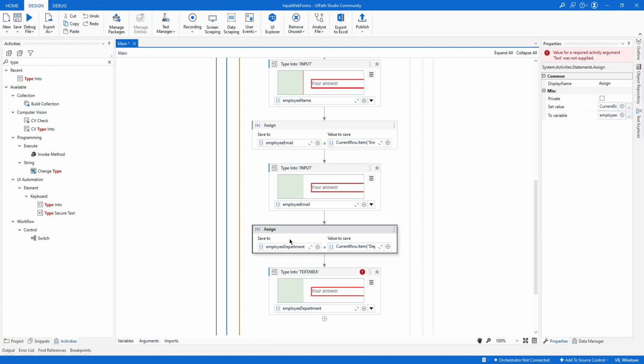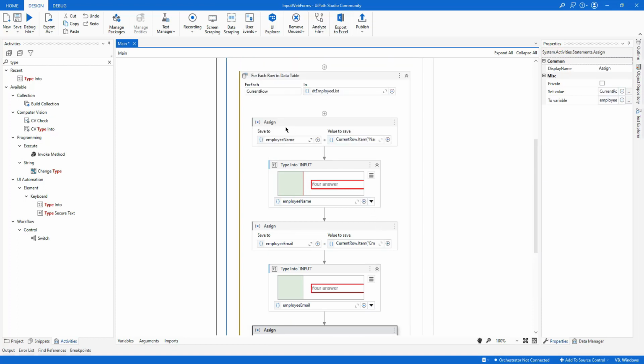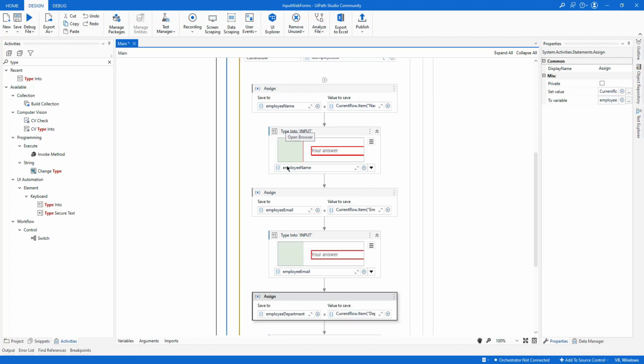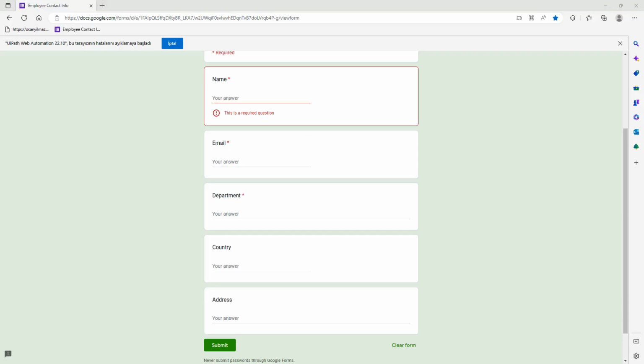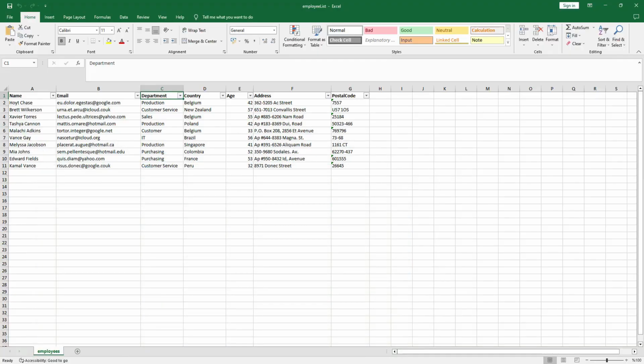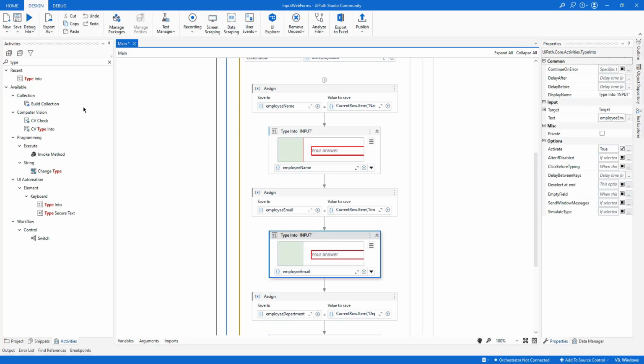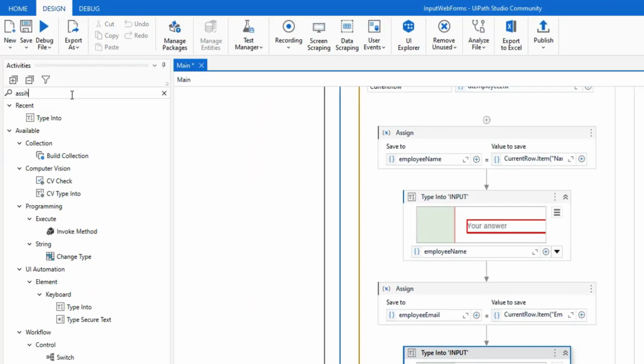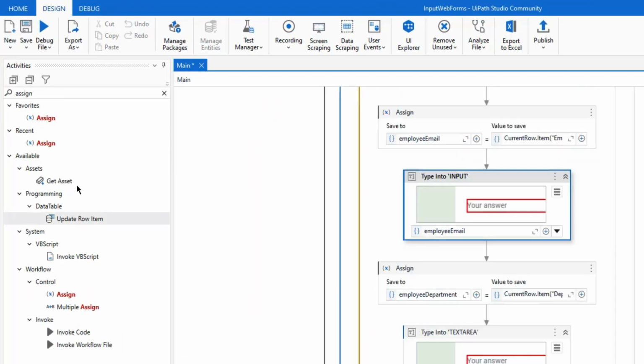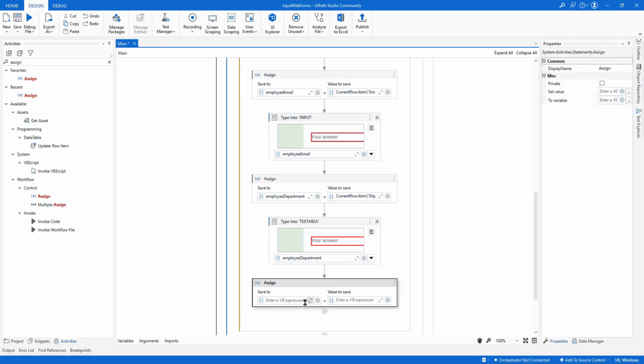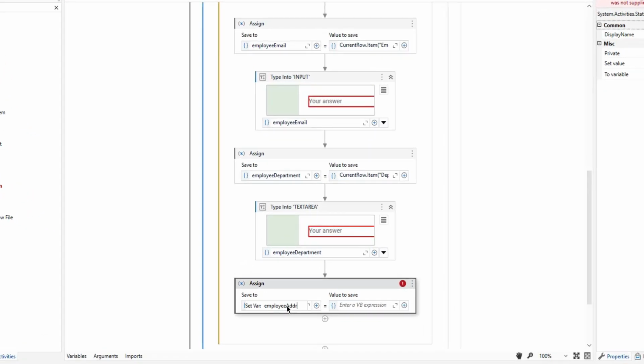Okay, so we now have 3 sections which are required ones. So I will also add another optional one, maybe the address section. So let me just add that one also to our solution. For that I will need another assignment here, and let me just drag and drop it here, and on the left hand side let me call it employee address, and the right hand side let me call it current row, item,